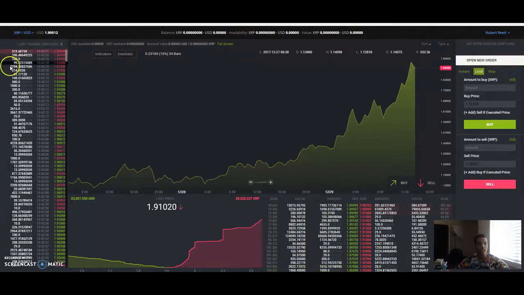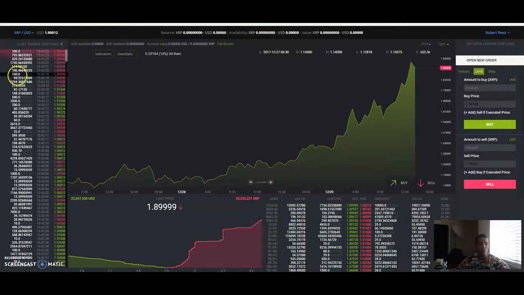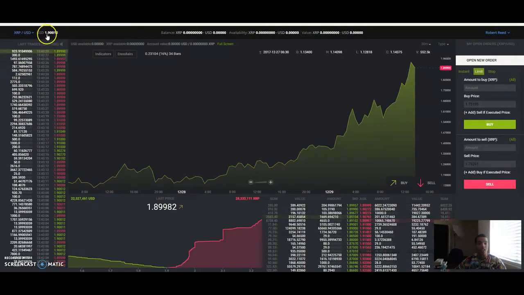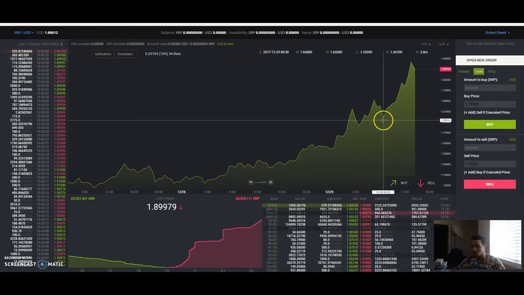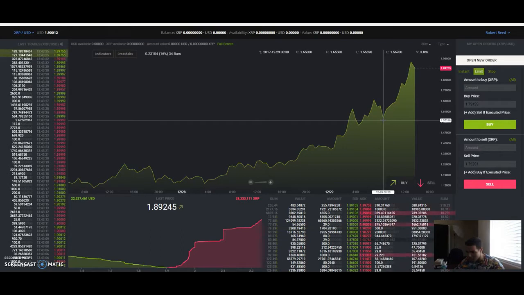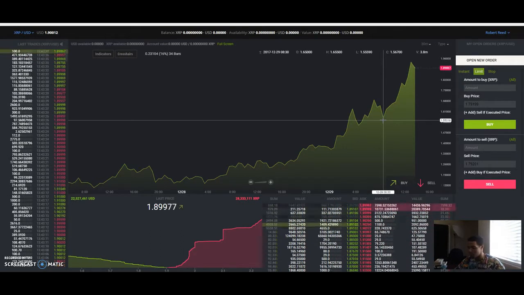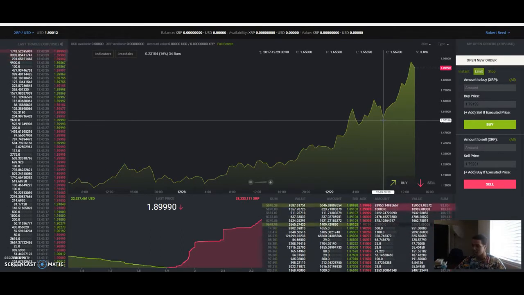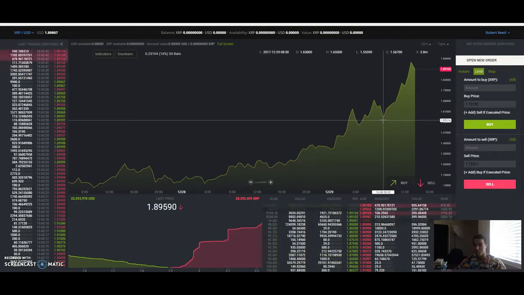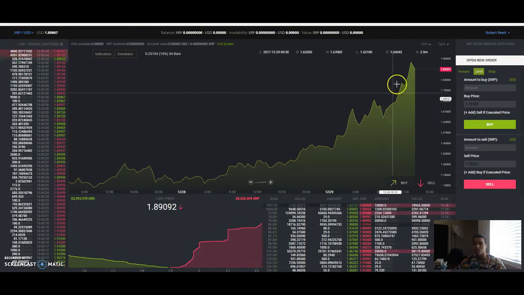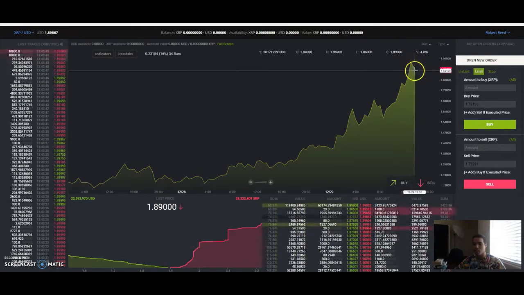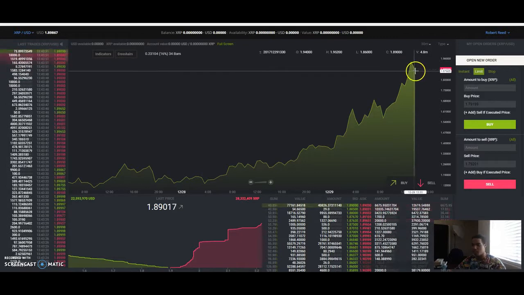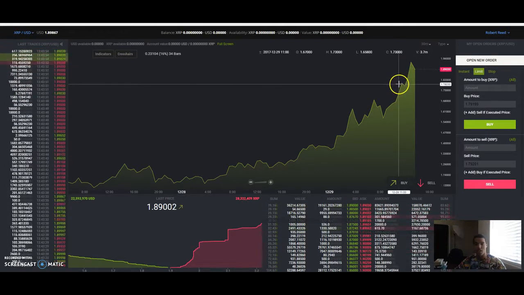Now it's on the left, and we can see there's a lot more volume going on with Ripple right now, and that's because the asset's very cheap. It's only $1.90 right now on this exchange. Just the other day, you can see it's grown. On the 29th, let's see, 8:30 a.m. This was only a couple hours ago, maybe 6 hours ago. From the time of me making this video, it was only at $1.55. So it's climbed up, and hit the 190 range, and it's kind of facing a little bit of resistance, not even a significant amount. So it looks like this is going to steadily increase over these next couple of days,